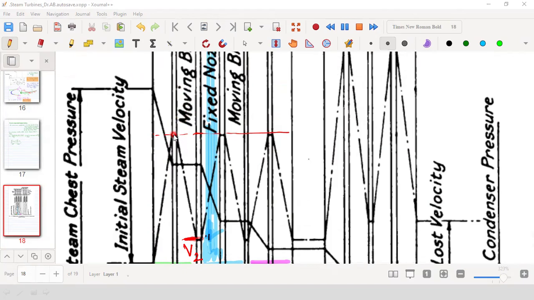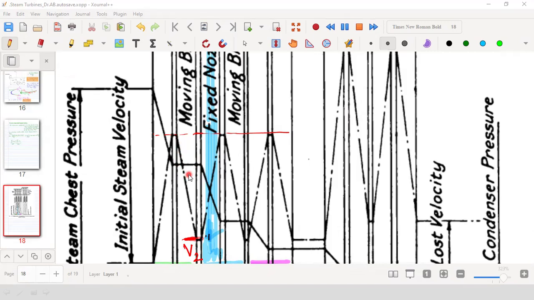Given the names, at the entry to the moving blade, the speed of steam is given as V1, and at the exit from the blade, the names are given as V2. So that is the usual nomenclature. We are following that, but we will keep in mind that for each of the stages we will just continue the same nomenclature. But there, as we have done in the case of the velocity compounded impulse turbine, that kind of nomenclature may also be